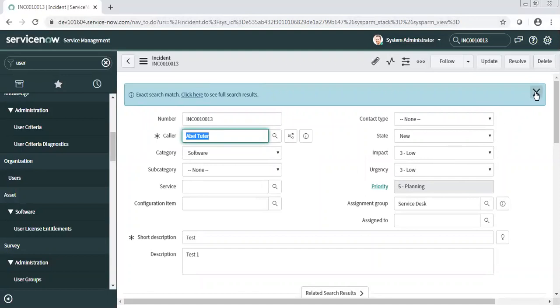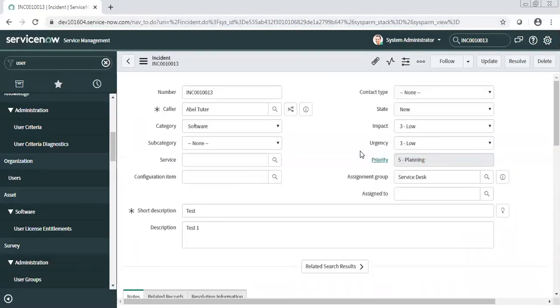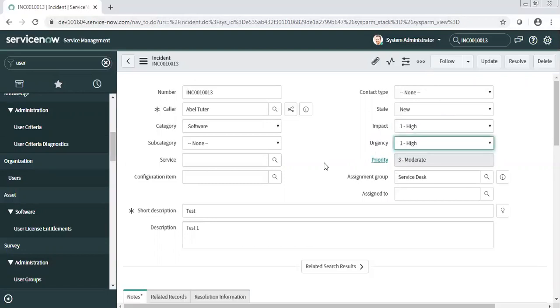Is the priority changed? No, right? Because in ServiceNow, priority is dependent on impact and urgency. But that third-party tool is just going to send this 1, 2, 5, 3.